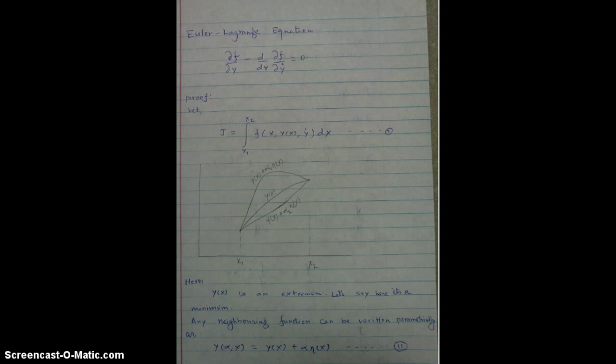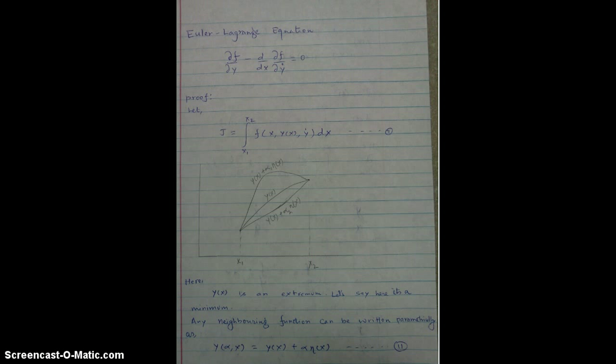In this video, I'll be trying to prove the Euler-Lagrange equation, which states that the partial derivative of f with respect to y minus the derivative with respect to x of the partial derivative of f with respect to y dot is equal to 0. So in order to prove that,